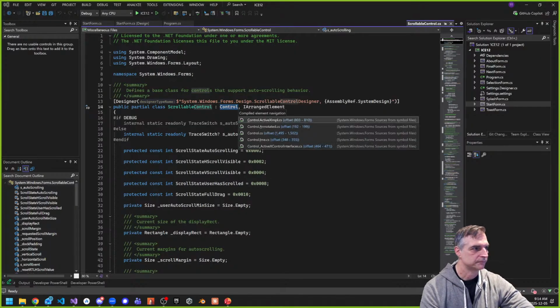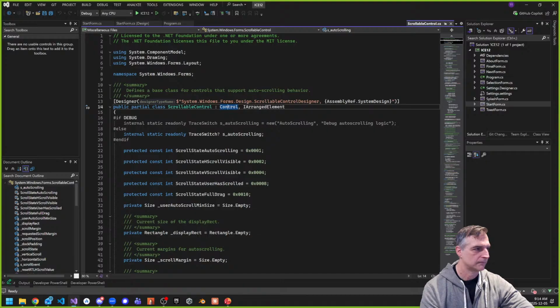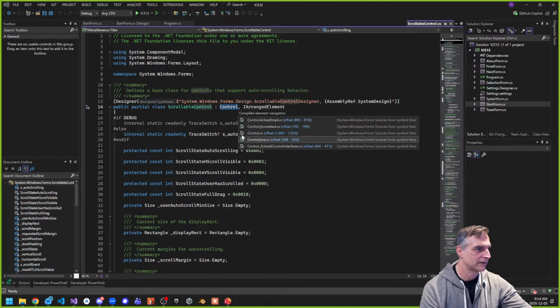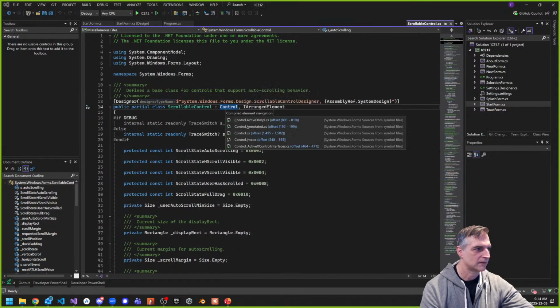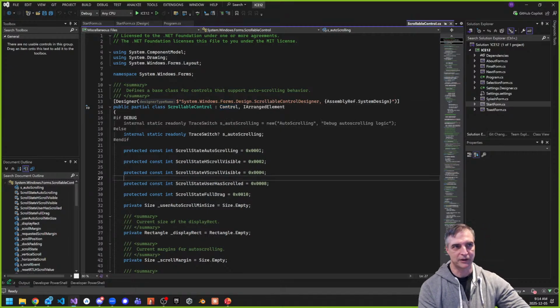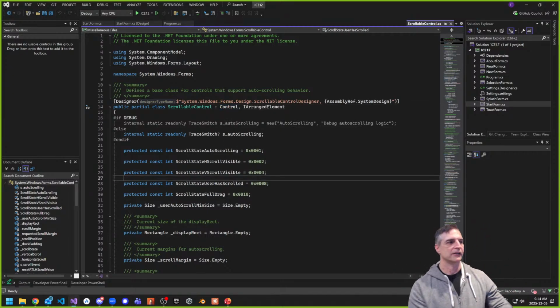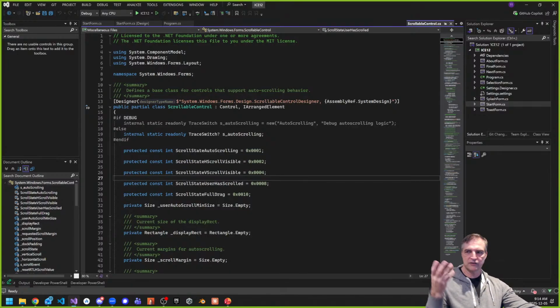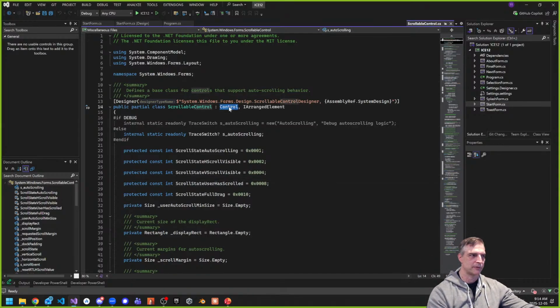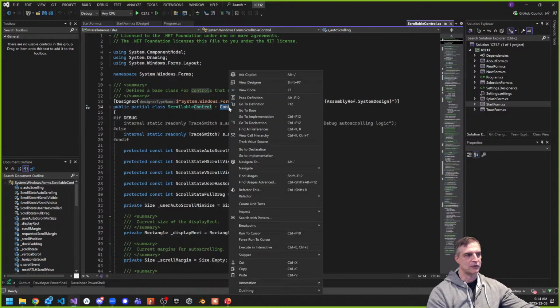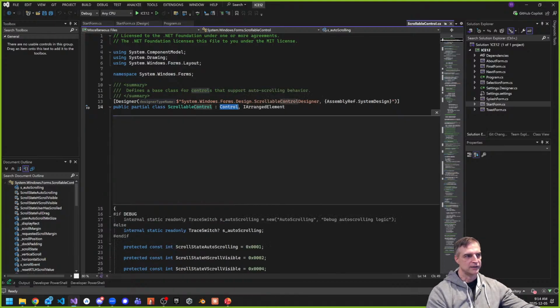So control, can we get there? I don't know if my system will allow me to go that far. Probably won't. Can I go to definition? Let's see. Yeah, it won't allow me to go further because I'm opening up more and more of the underbelly of Windows form. So it's probably another set of like thousands of stuff. Control itself is probably very complex, right? And that's why it doesn't let me go further. Let's see if I can peek. Can I peek into it? Yeah, it won't allow me to.